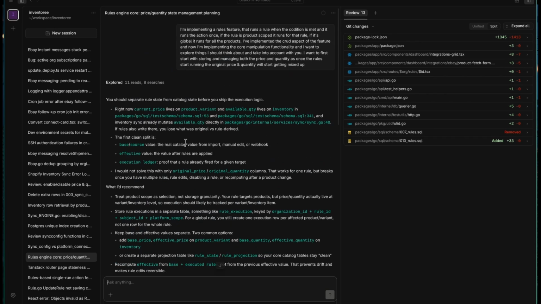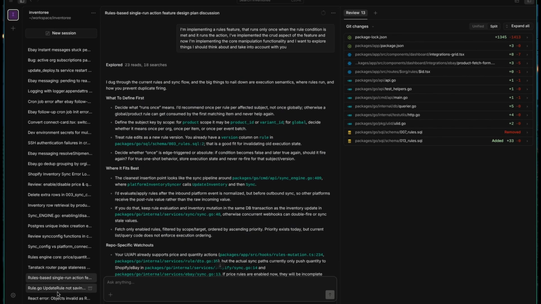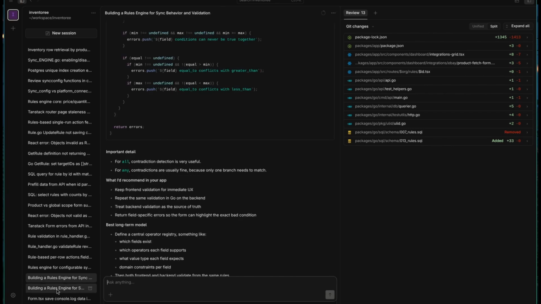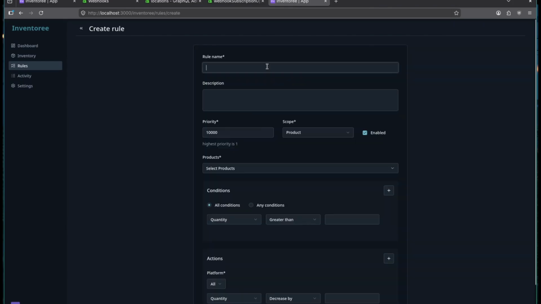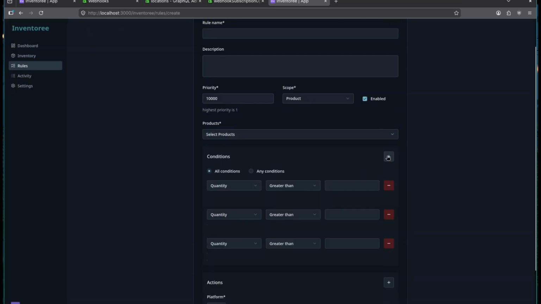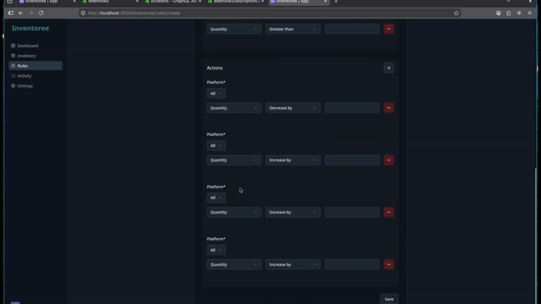At first I made AI do it and it didn't come out to my taste. So I decided to create the form by myself and then create the rules table, etc. And it came out to something I liked, but it wasn't complete yet because I hadn't set up price syncing yet. So what I then did was pause the rules engine and decided to implement the price sync, which was